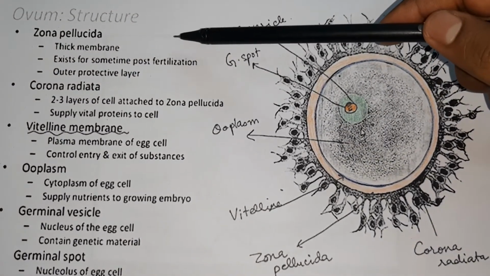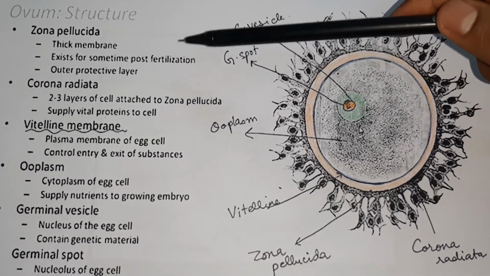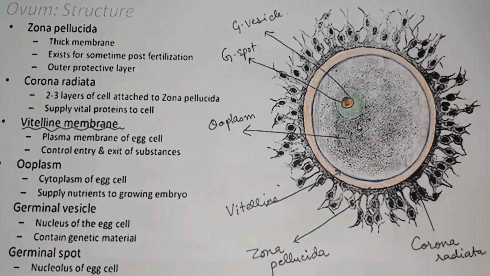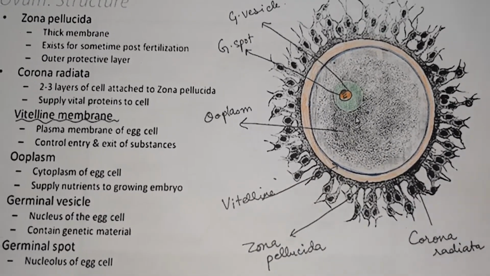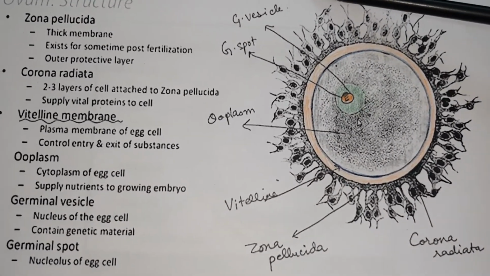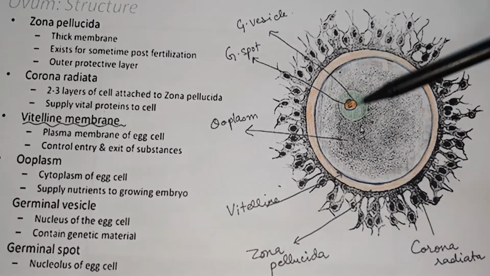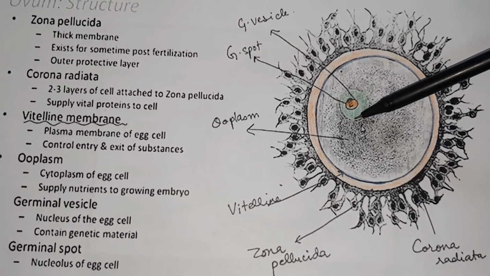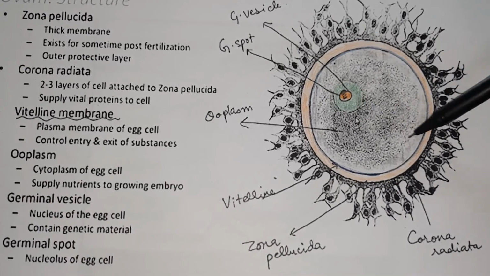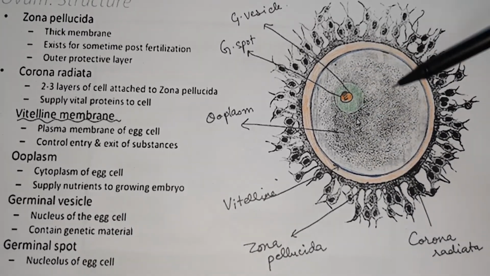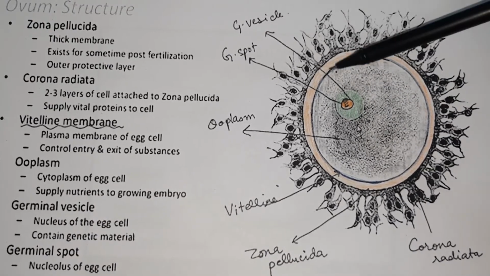Zona pellucida, thick membrane, exists for some time post fertilization, and it is the outer protective layer, so it plays an important role in fertilization too, which I will discuss when I discuss the topic fertilization. Then vitelline membrane, which is considered as plasma membrane of egg cell, and it controls entry and exit of substances. Here this dotted area is the cytoplasm or ooplasm, and this green area is the germinal vesicle or the nucleus